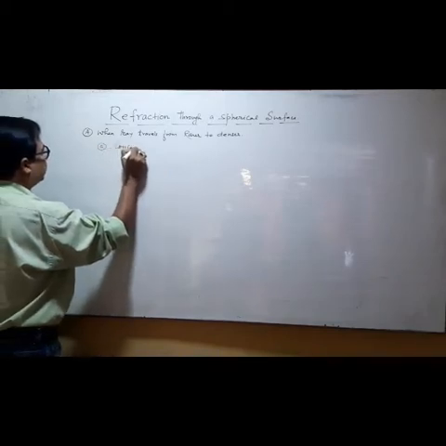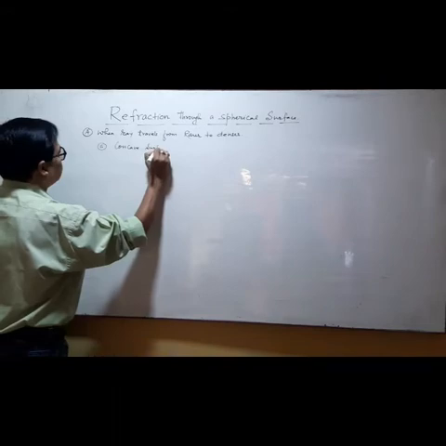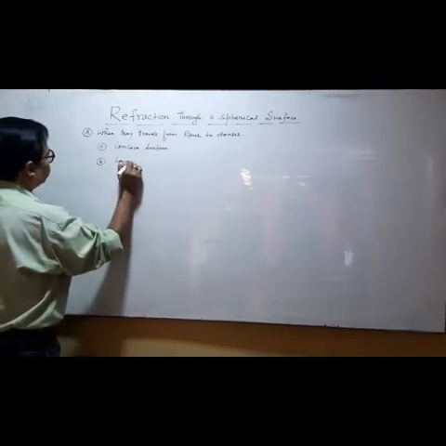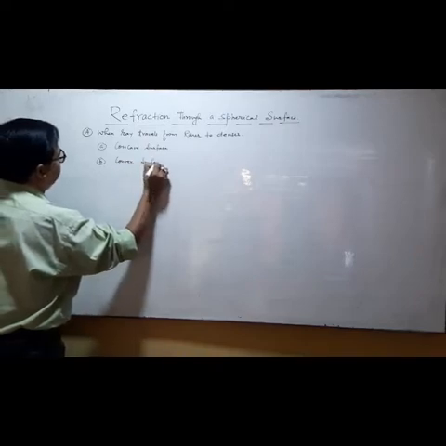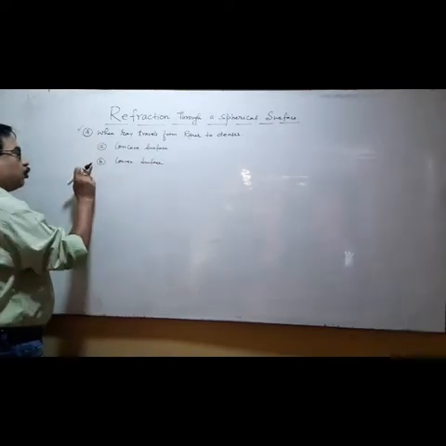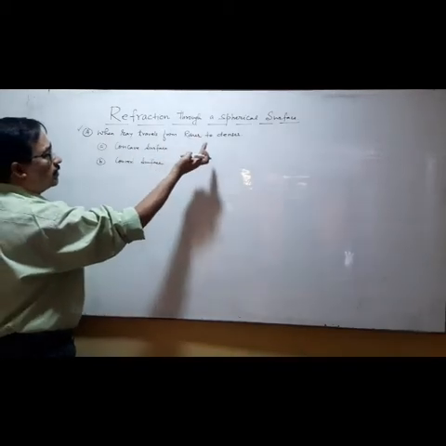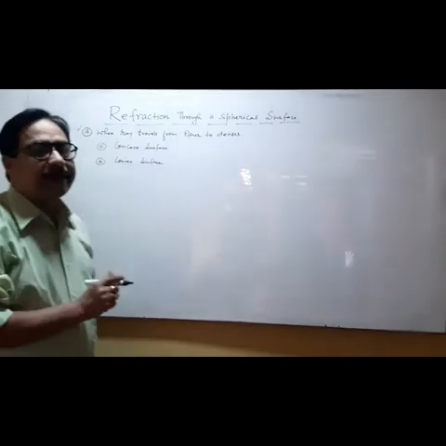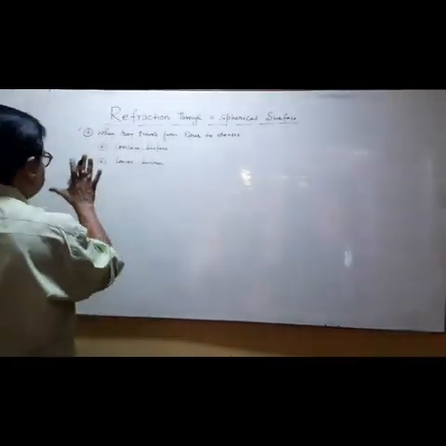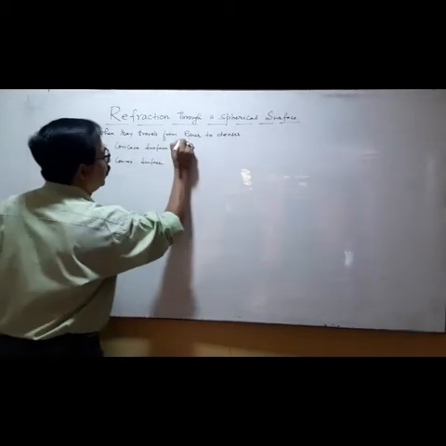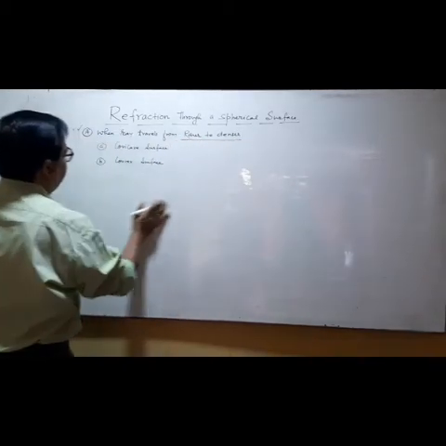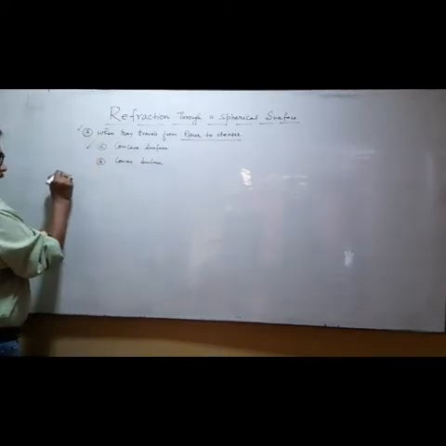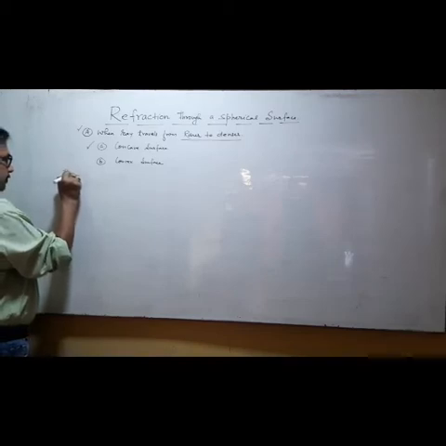concave surface and number 2 is convex surface. So for this condition we have two, and then if we revert this, when ray coming from denser to rarer, again we have two cases. So we have to do four cases of this. So just to do one by one, I am taking this from rarer to denser and concave surface, then we will do for convex surface. So I am taking the number 1, concave surface.